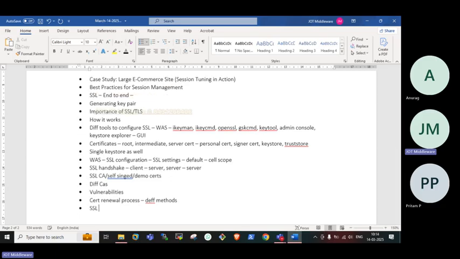And SSL common issues, like the most common, which is expiry, and how to handle that we'll see in the renewal process, and vulnerabilities related to ciphers or